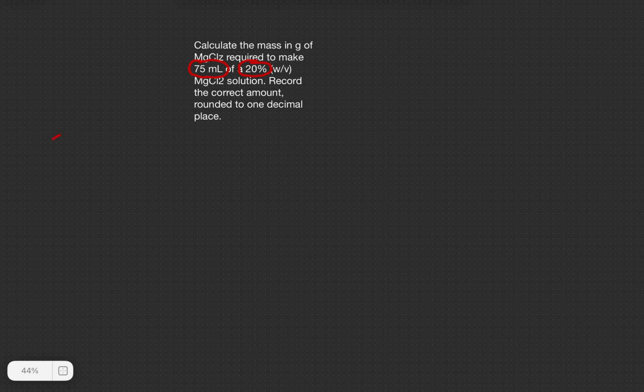So, step one, we're going to define our formula. Before we do any math, we have to understand what weight over volume actually means. It stands for weight to volume percentage. And that fundamental formula is going to be percentage weight over volume